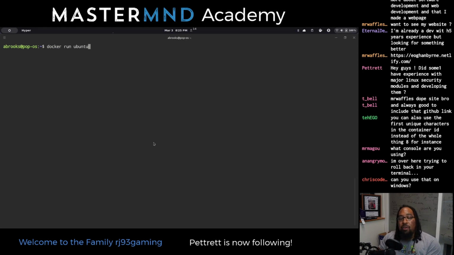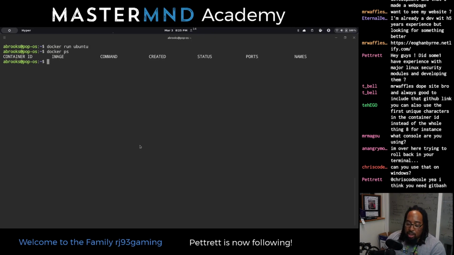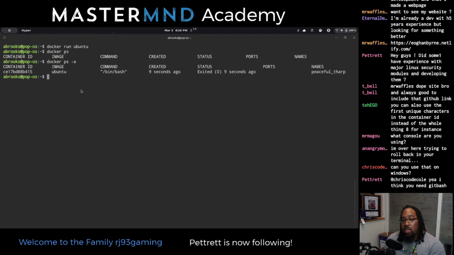So this is the default setting for running a container. Docker run, the name of the image, not the name of the container, the name of the image. And that will go ahead and kick off an instance. It'll kick off a container for us. And if we do that, it exits, and you do a Docker PS. And again, you can see that nothing's here. But I can do a Docker PS -a to see if anything actually started. As you can see here, it started and it exited.